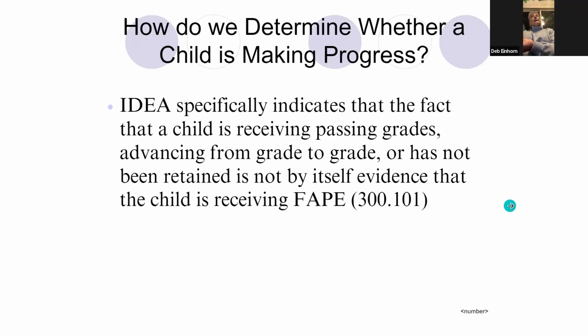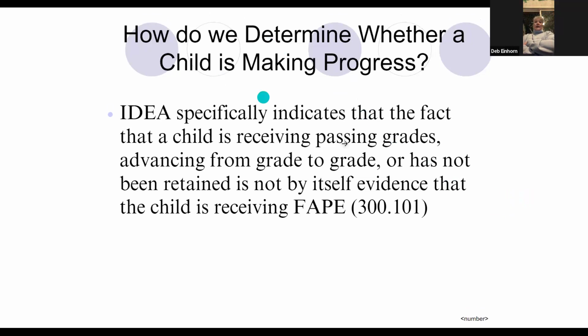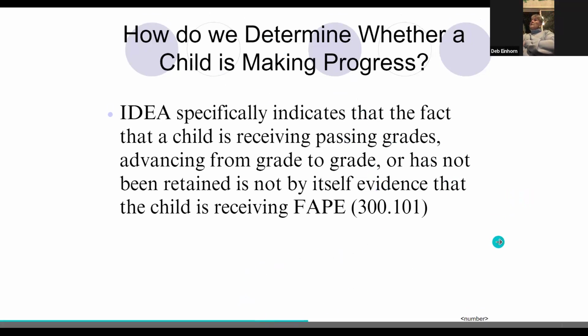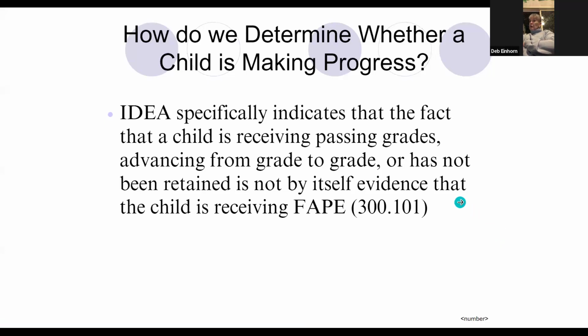So if they have gifted intelligence, and yet they're maybe getting passing grades like D's in all of their classes at school, is that making progress appropriate in light of their circumstances? I would say not, because they have the intellectual capacity to learn at a higher level if they have the appropriate accommodations and modifications. So what happens sometimes as an advocate, you have a child that's twice exceptional, the school